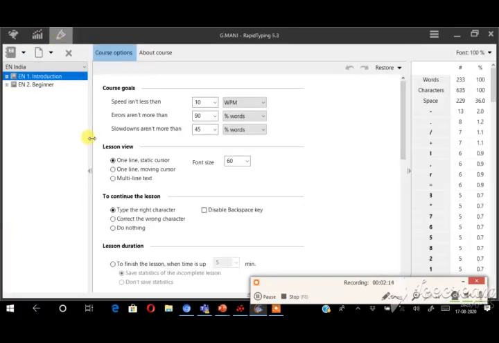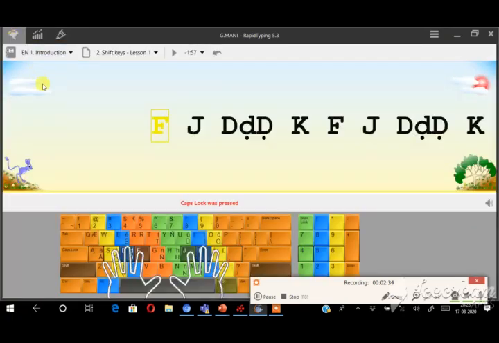It shows us the different courses. Each course has different parts. Every part has different lessons. You can choose any one of them, or you can start typing, or you can add or delete a lesson. So we can learn these three things: current lesson, student statistics, and lesson editor.